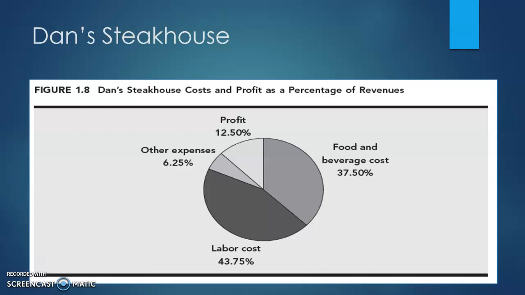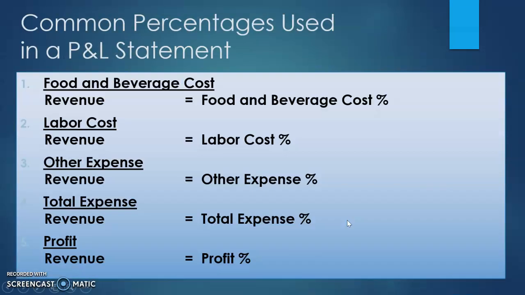Okay, so we could also look at his profit and loss statement in a pie chart. It's obviously the same thing. You could see that all of it is the percentage of revenue. So all of it is considered the revenue, and then we're looking at what piece of the pie everything costs. So this is one way to look at your expenses.